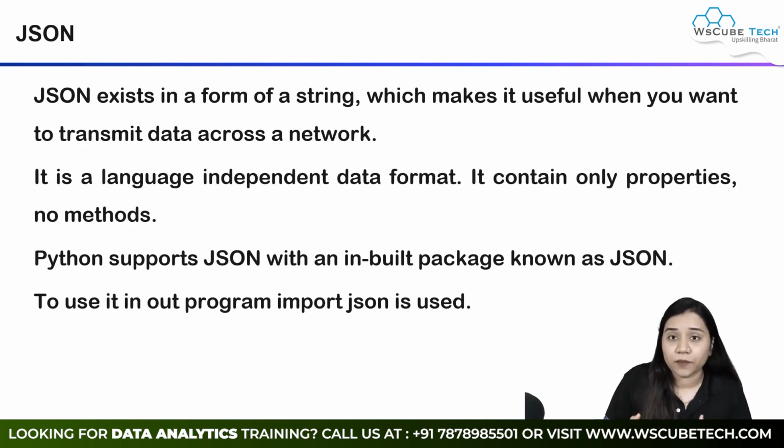Now, understanding more about JSON, it exists in the form of a dictionary. That means it exists in the form of key value pairs, and the data exists in the form of key value pairs. JSON exists in the form of a string, so inside this string, the key value data pairs are stored. So when we write any data in the form of a dictionary and put it inside a string,